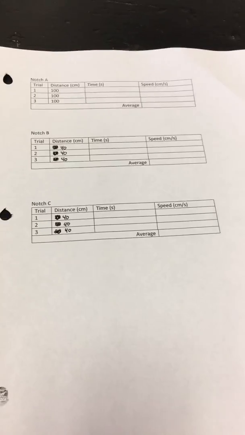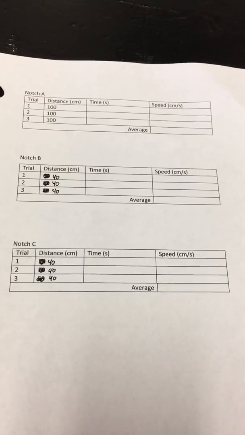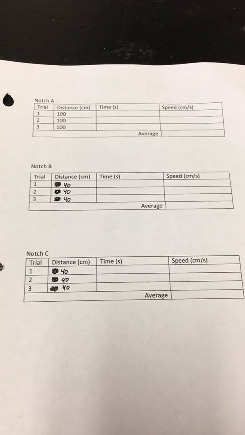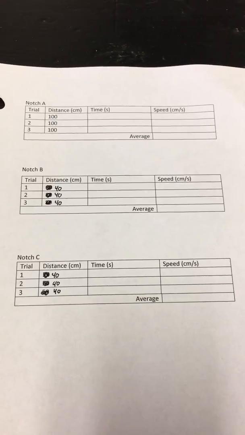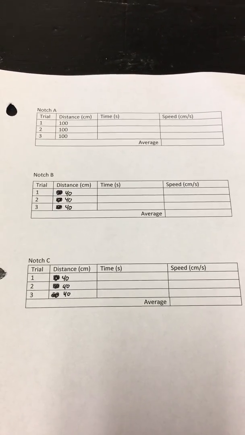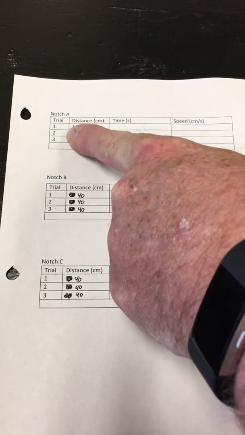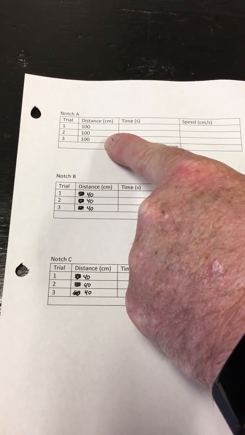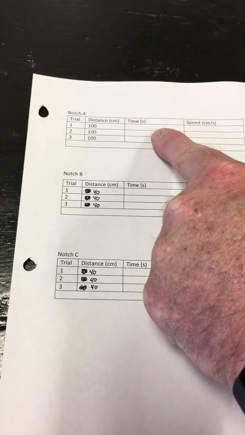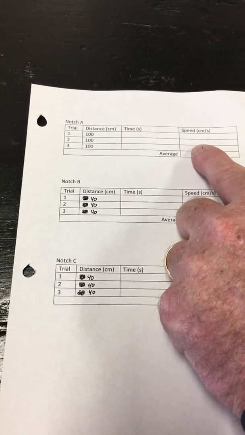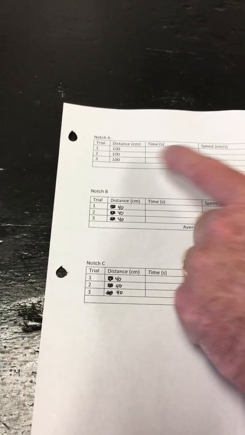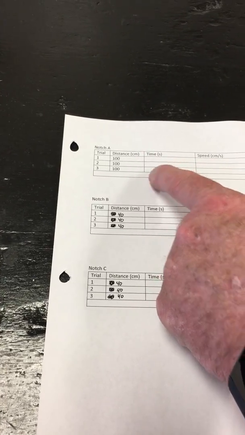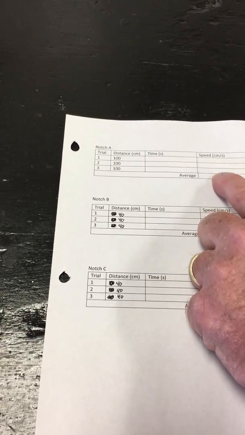Okay, in your lab notebook, you need to set up three different charts that look like I have here on this paper, where you're going to have notch A, three trials. The first distance is going to be 100 centimeters. We're going to record the time, and then you are going to calculate the speed by taking the distance divided by the time, and then find the average of those